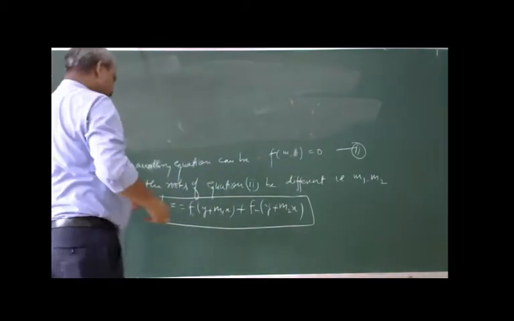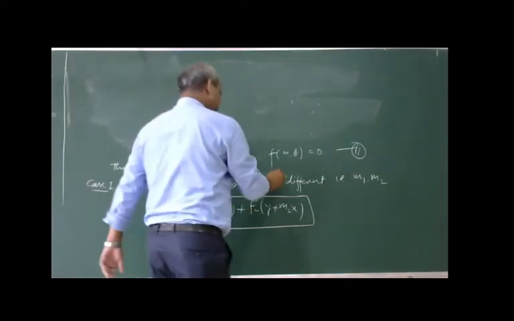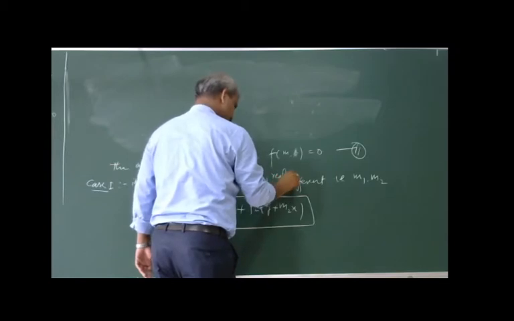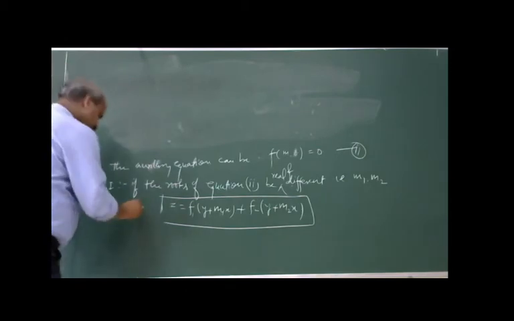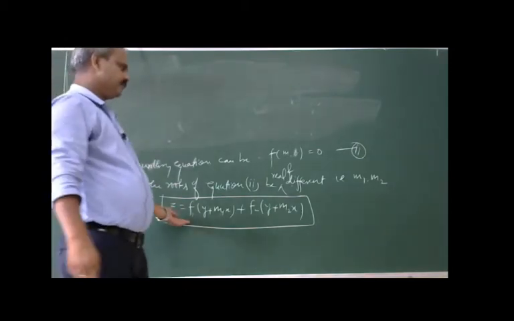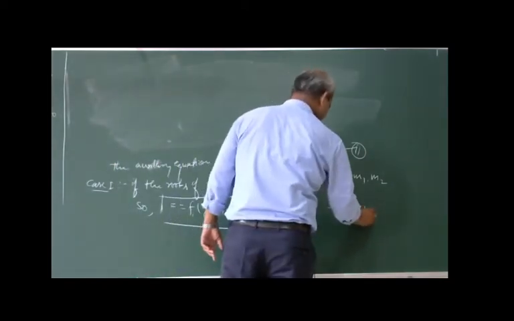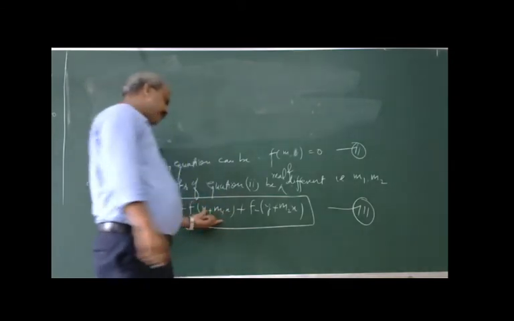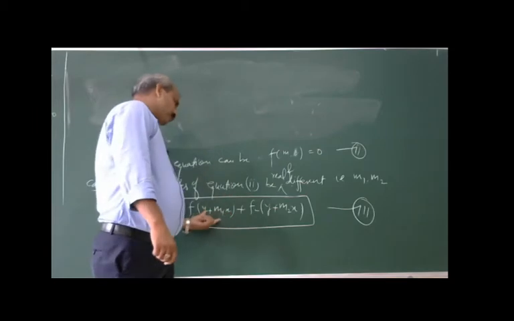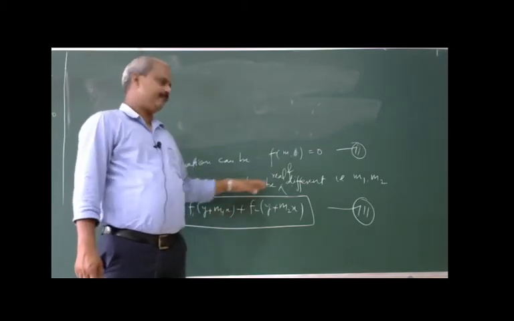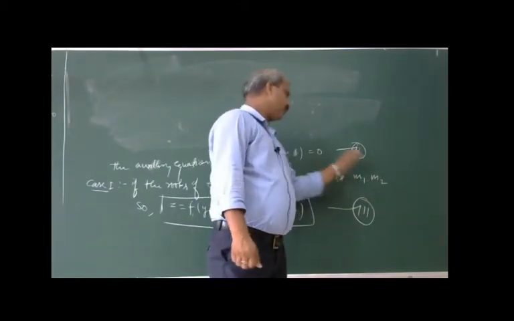Just as we have written here, if the roots of the auxiliary equation are real and different, that is m1 and m2, see up with this. So this equation third shows that the auxiliary equation should be quadratic because it gives two roots m1 and m2. If m1 and m2 are the roots of this equation,